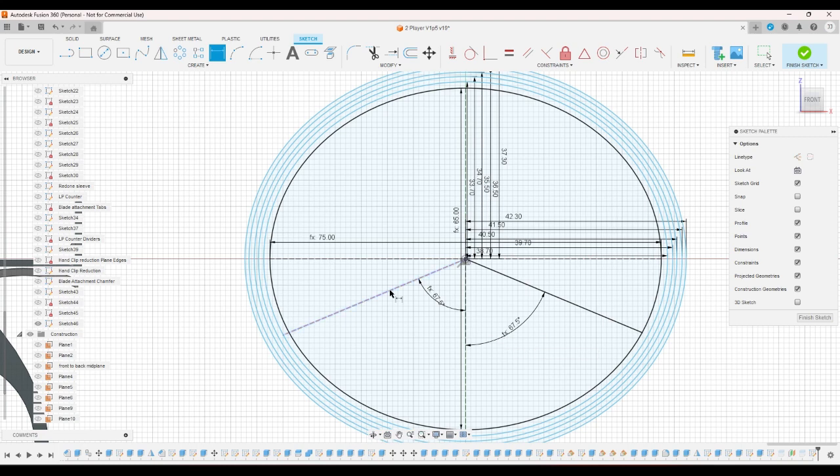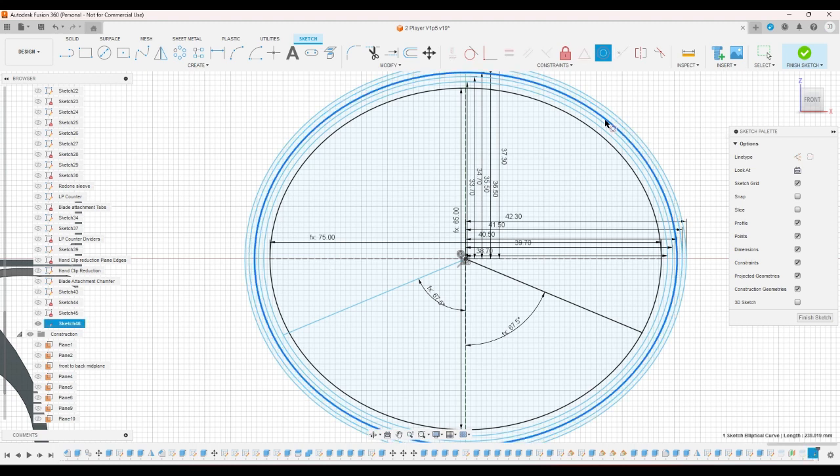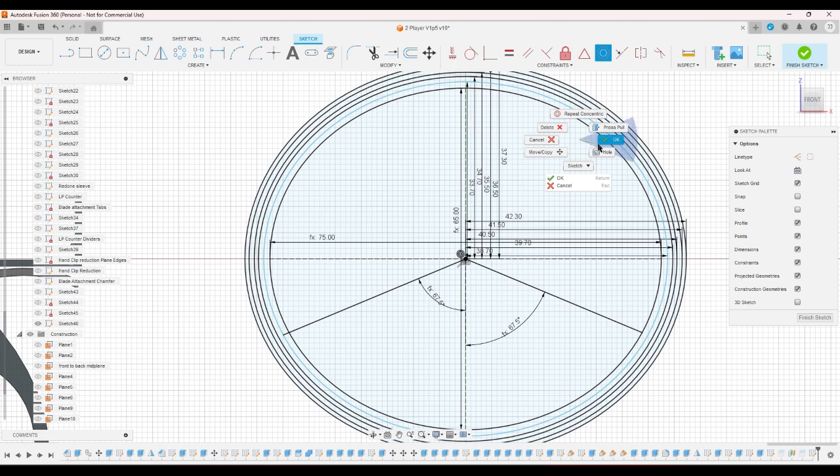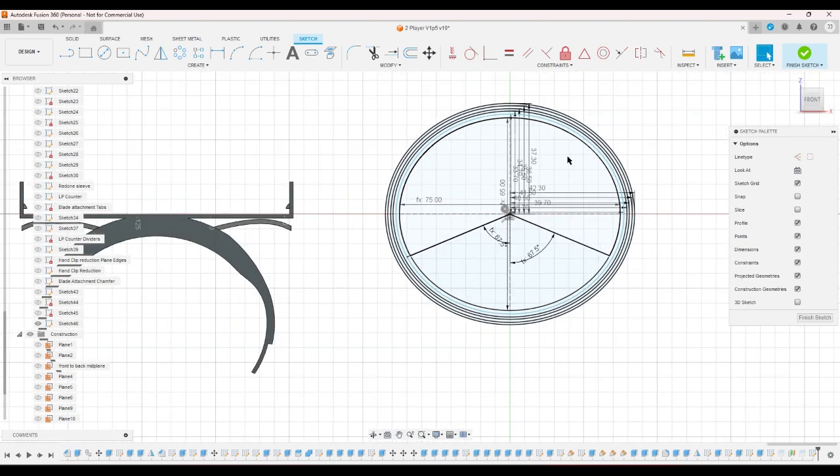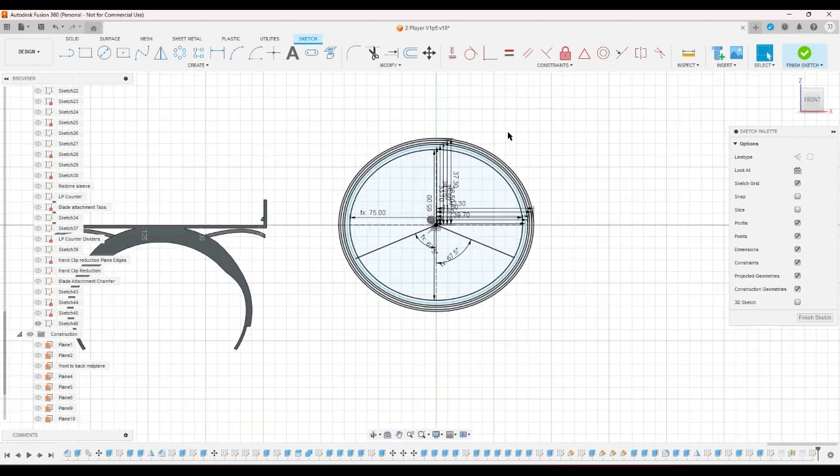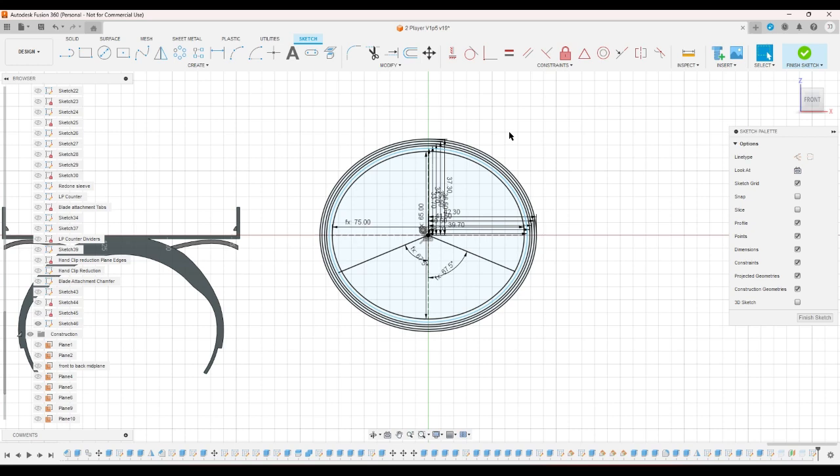There. That's all I wanted to do. I didn't want to move any... Let me put the concentrics back. If I don't have the concentrics, things are gonna get screwy. Okay, now